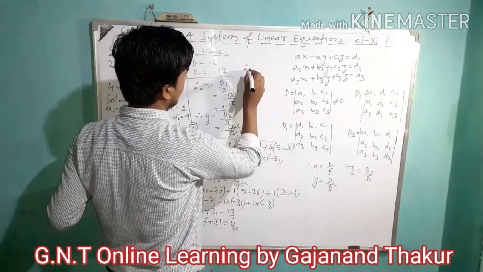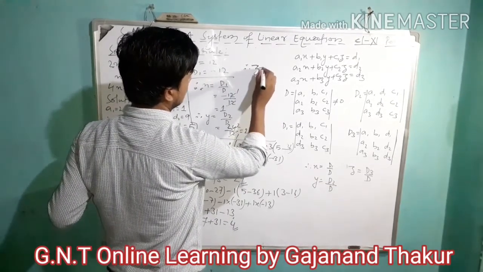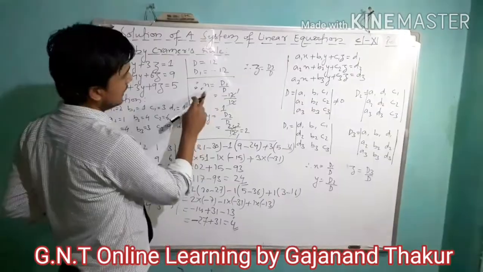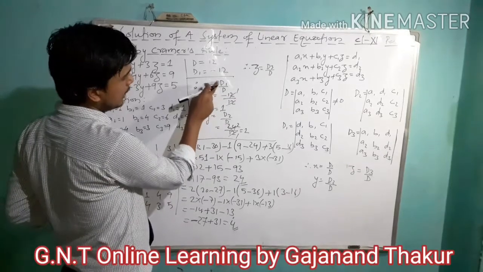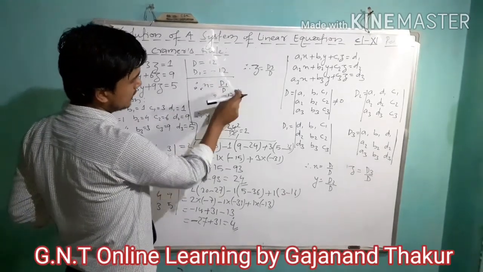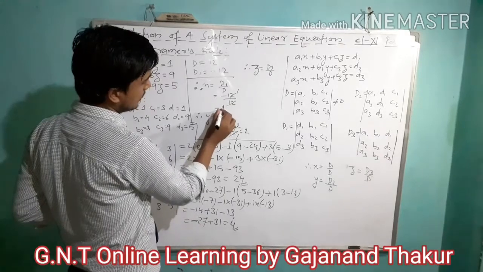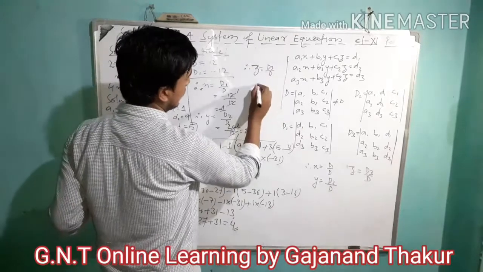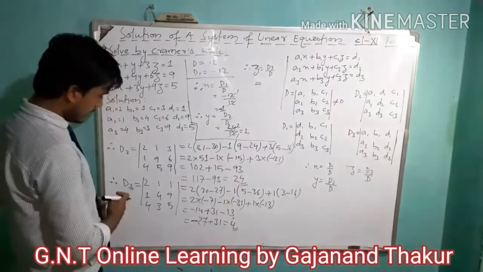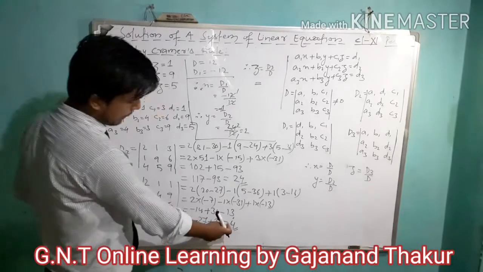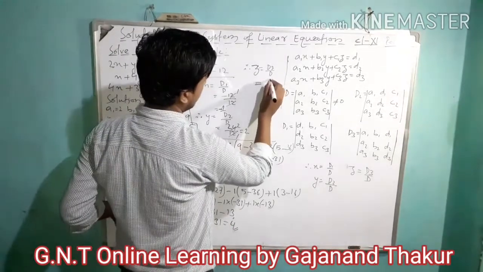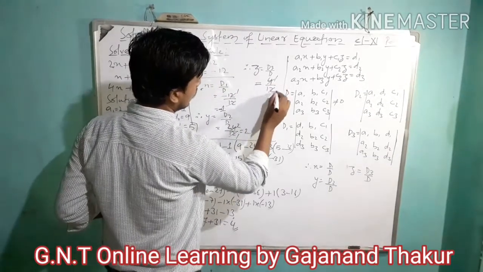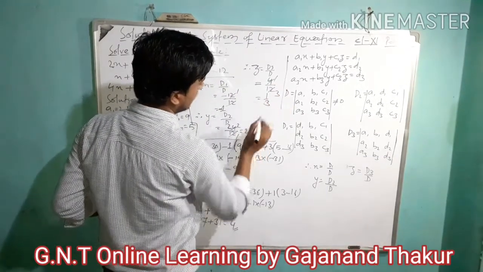So therefore Z equals D3 by D. Actually here we have got the X value, D1 by D, minus 12 by 12, so we will have minus 1 actually, okay. Then we have got here the Z value, D3 by D, right? So D3 value, how much have we got here? We have got here 4, isn't it? So we write here this 4 by D value, which is how much? 12, so write here 12. 4 ones are 4, 4 threes are 12. So we got here 1 by 3.